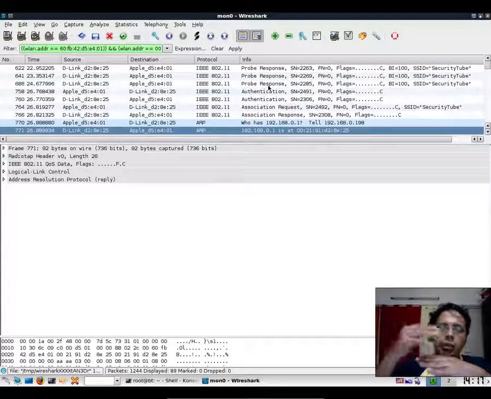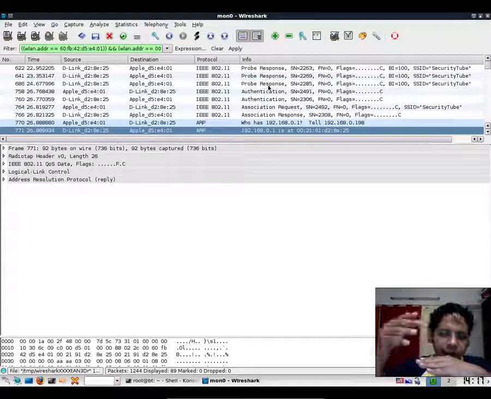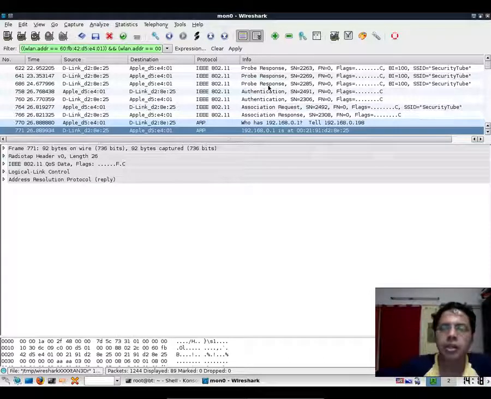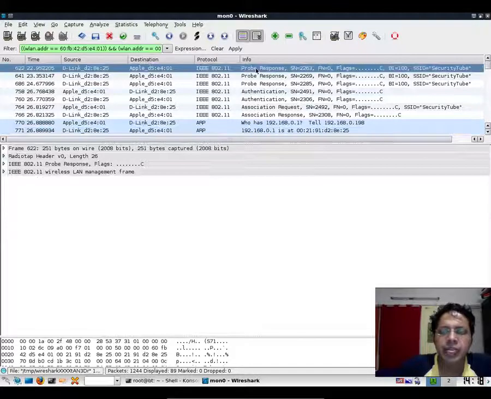The other kind of probe request is a directed one, in which the client queries for a specific access point. Typically this happens when the owner of the client may have configured this access point onto the client. We saw that for a specific SSID, Wireless Lab. Now after the probe requests, the access points send the probe responses.